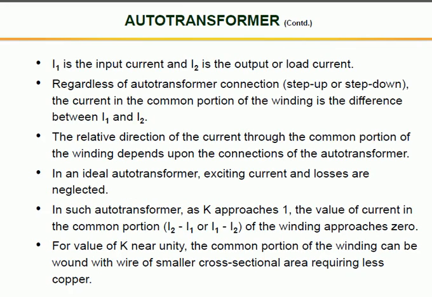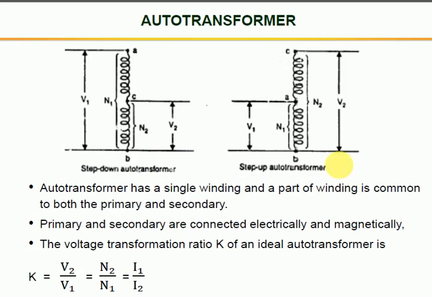There are some things which should be taken into consideration in an autotransformer. I1 is the input current and I2 is the output current in the circuit. Regardless of the autotransformer connection, whether it is step up or step down, the current in the common portion of the winding is the difference between both. If there is a flow of current I1 and a flow of current I2, then the common part of the winding carries the difference, I1 minus I2 or I2 minus I1,